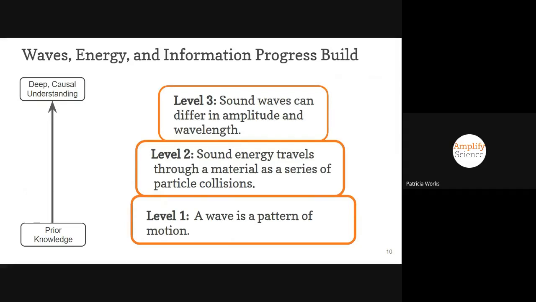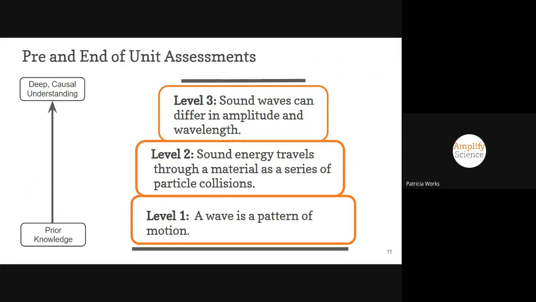So these progress build ideas are the key understandings that the assessment system in this unit is built around. The pre-unit assessment, represented by the black line down below level 1, is a three-dimensional assessment meant to gauge students' initial understanding and preconceptions that they have about core ideas in the unit, including the unit's focal cross-cutting concept, which